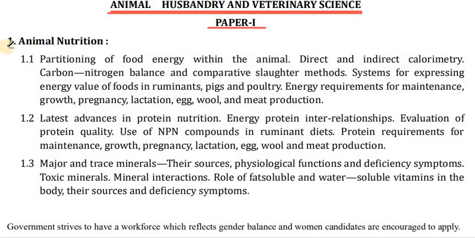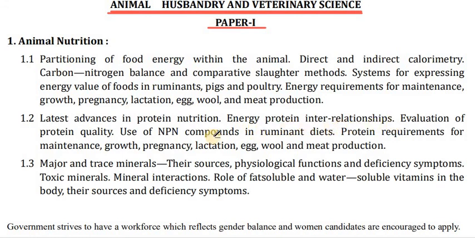These are like animal nutrition, partitioning of food energy within the animal, direct and indirect calorimetry, carbon nitrogen balance and comparative slaughter method, system for expressing energy value of foods in ruminants, pigs and poultry, energy requirements for maintenance, growth, pregnancy, lactation, egg, wool and meat production, latest advances in protein nutrition, energy, protein and